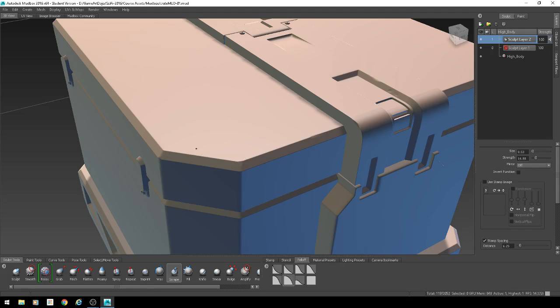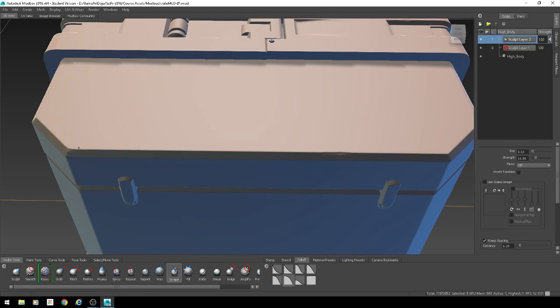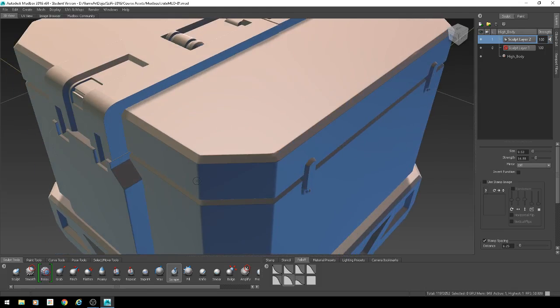I mean, if this is iron or some other steel and it's rusting, then you might want to start thinking, okay, where would this thing rust naturally? Where would water stick around, right? So maybe around the edges you would have parts that are starting to rust through, and you can make those a little bit more bubbly. Maybe even start fully dinging them up, like they're all broken up and rusting through